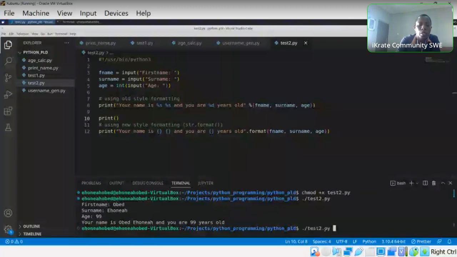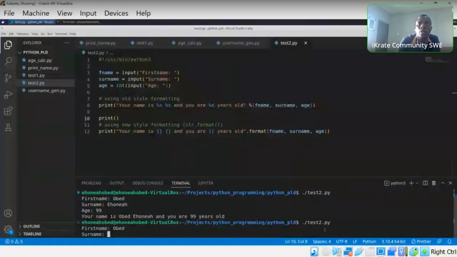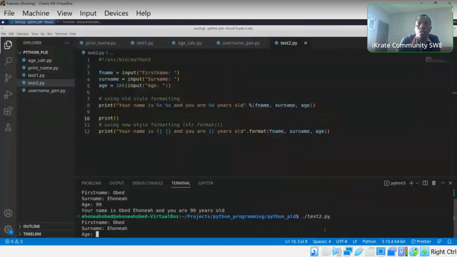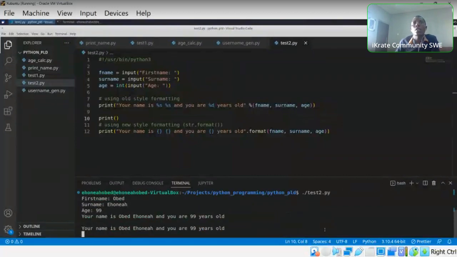First name is Obed, surname is Ehoneah, age is 99. And he says, your name is Obed Ehoneah and you are 99 years old. Your name is Obed Ehoneah and you are 99 years old. So basically, we've been able to implement this with the old style over here, and we've now converted it to